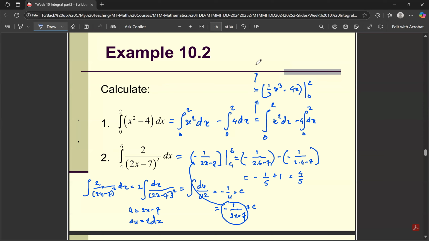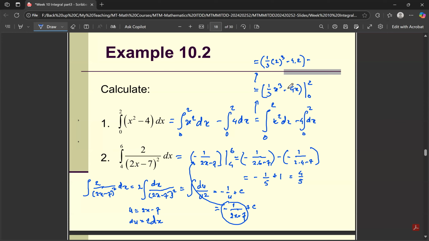So here we evaluate at 2 in the integration. We have 1 over 3 times 2 cubed minus 4 times 2, and this is